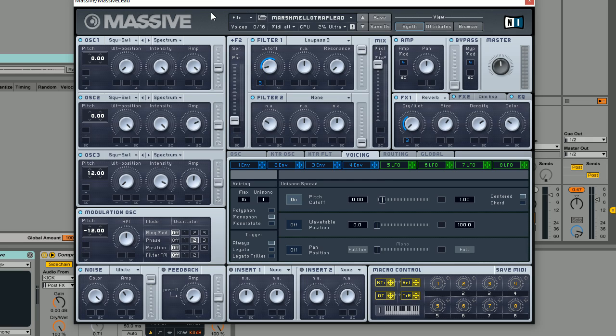In this video we're going to be looking at making the lead sound from a producer called Marshmello, who's on Skrillex's label Owsla, and we're going to be making the kind of trappy lead that he used in his remix of a Z track. I can't actually remember what the Z track was called, but